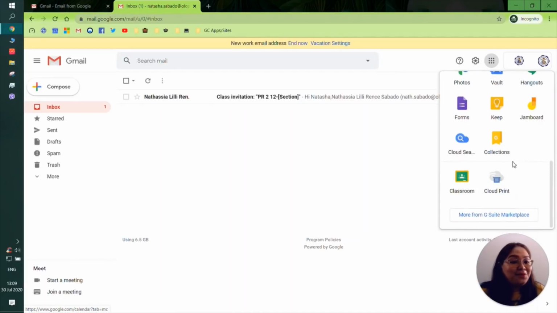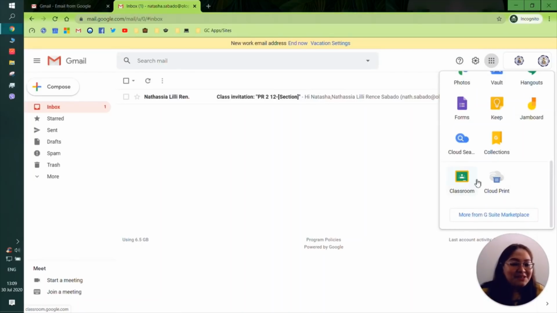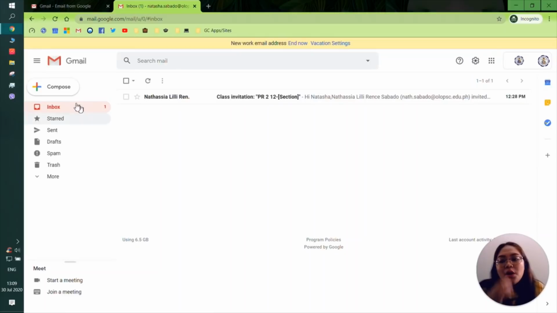So if you notice, andyan na si Classroom. Actually, dalawa. Pero dito sa taas, pero dito sa baba. So, hindi dito po maliligaw. So, si Gmail, if you're using a personal Gmail, good for you. Hindi na kayo masyadong mangangapa for your OLOPS email. But this is how it looks like po. So yeah, you could personalize it. And for your OLOPS email,